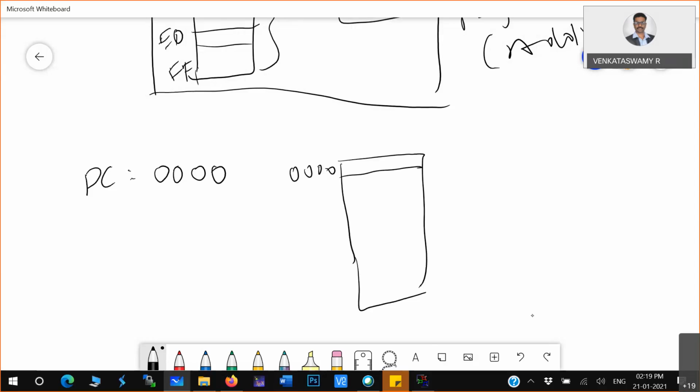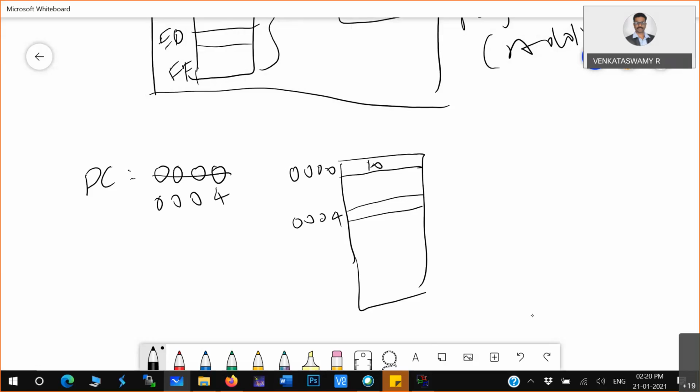There will be some instruction there. After executing this instruction, the next instruction may be present at, say, 0004. Then your program counter will change to 0004. That means it always holds the address of the instruction which is currently executing. That is basically the program counter.